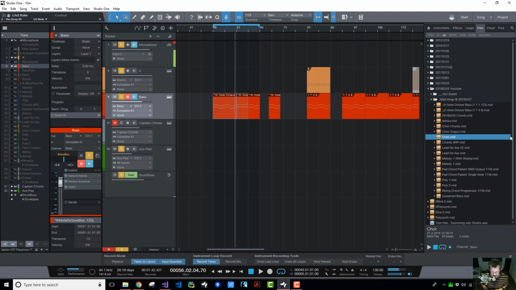one thing I have tended to do, and it hasn't really worked for me, is I create one bit, I make a change to it, and then I move it off to the left or the right, and it's out of view. And then when it comes to arranging it, these things aren't named properly. You don't know what a certain clip was, and you don't know where it fits in. So there's a feature in Studio One where I can basically, I've got a bass line here, for example,